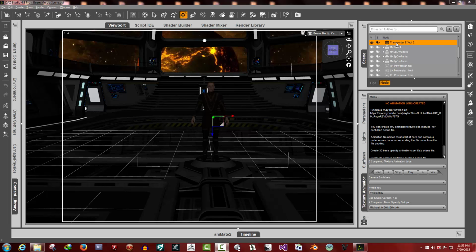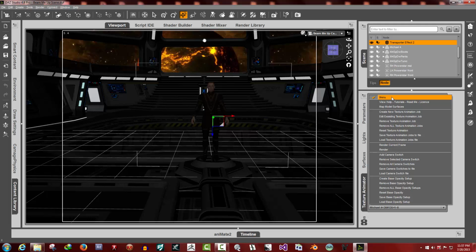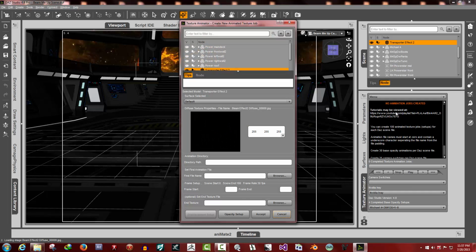and the very first step is you select the surface that you want the texture animation to play out on. In this case it's the geometry plane, which I have named Transporter Effect 2. First step is under Menu, go to Create New Texture Animation Job, click on that,